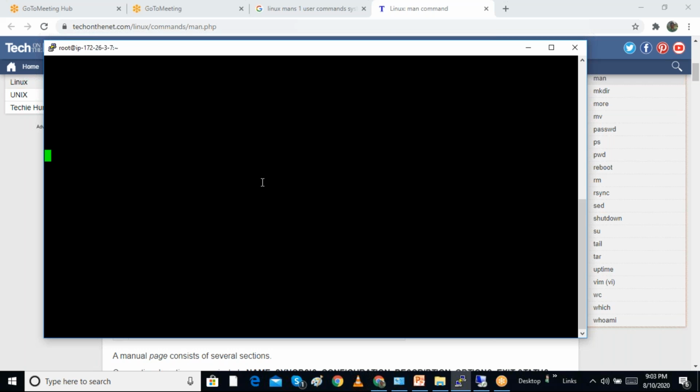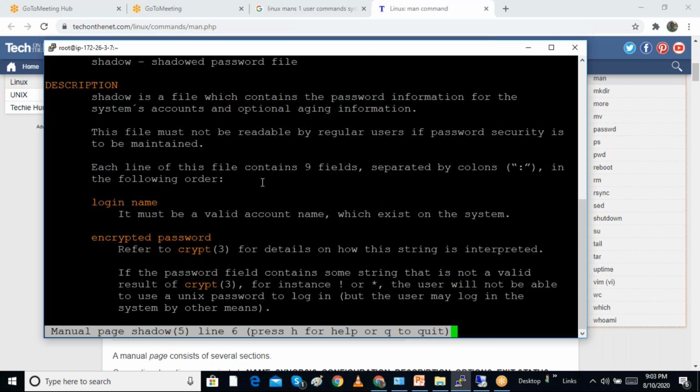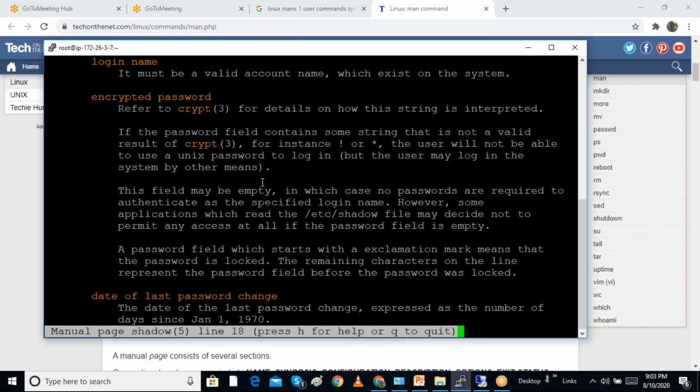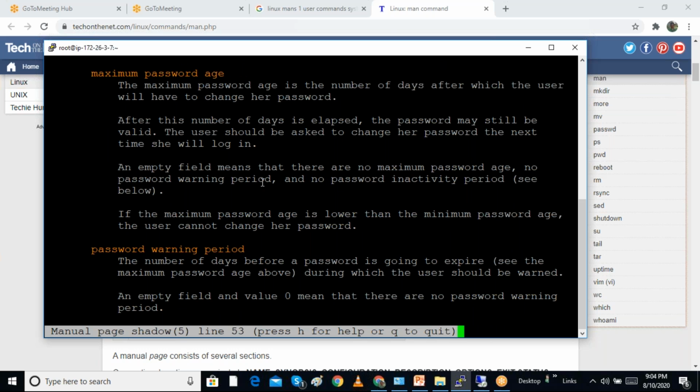It is having the encrypted password. So it will show the details about this file, the shadow password file. It will show the encrypted password and file format and everything. So any commands,